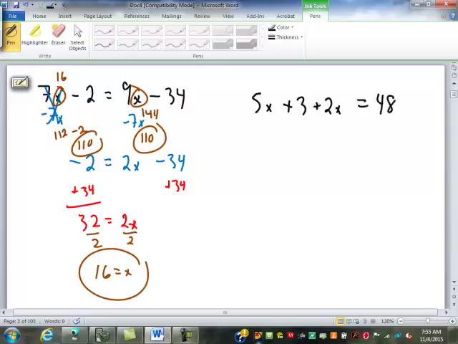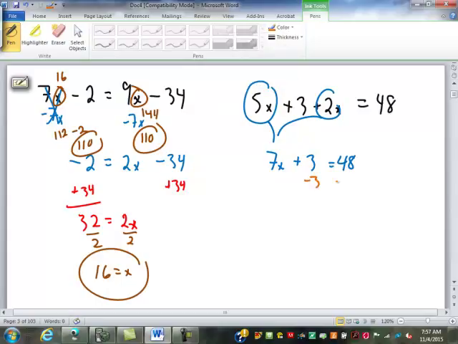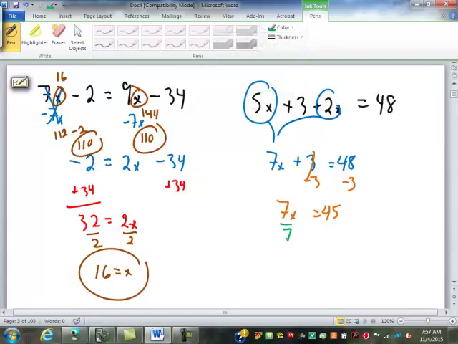Try that one quick. So for this one, what are we going to do? Combine like terms. 5x and 2x makes 7x. Still have the positive 3 equals 48. Then what? Subtract 3. 7x equals 45. And then dividing by 7 gives us